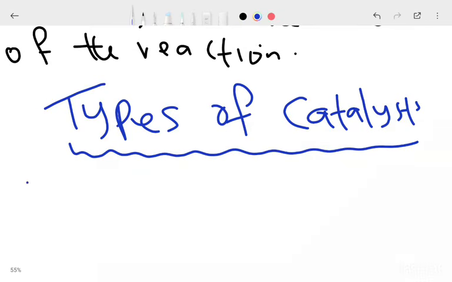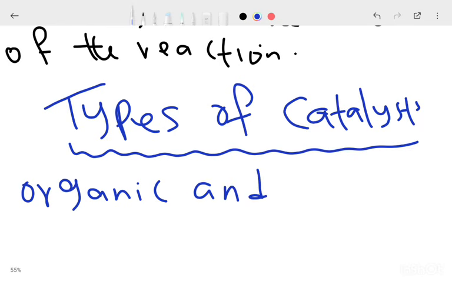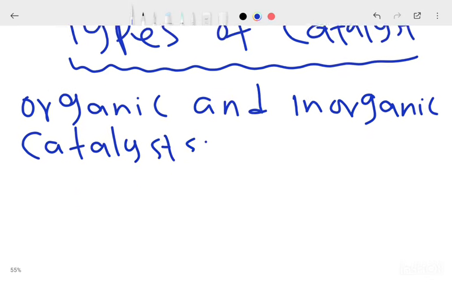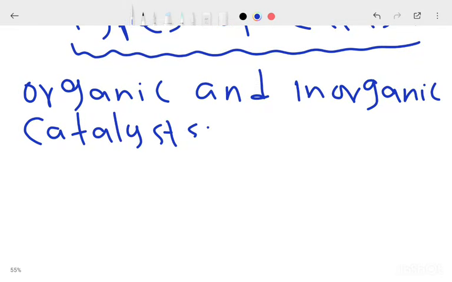So we have organic and inorganic catalysts. These are the two types: organic catalyst and inorganic catalyst. Now, under organic catalyst, now inorganic catalyst, inorganic